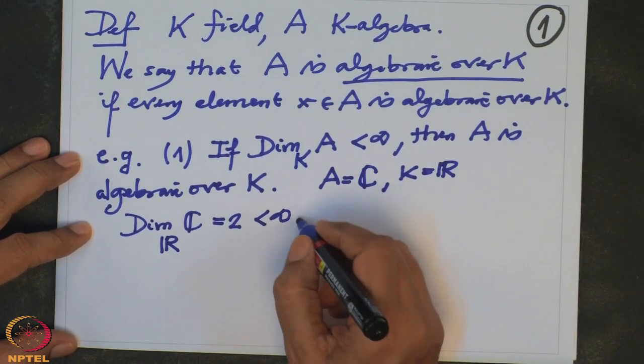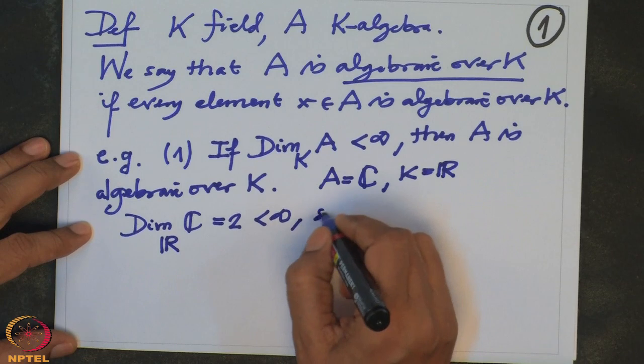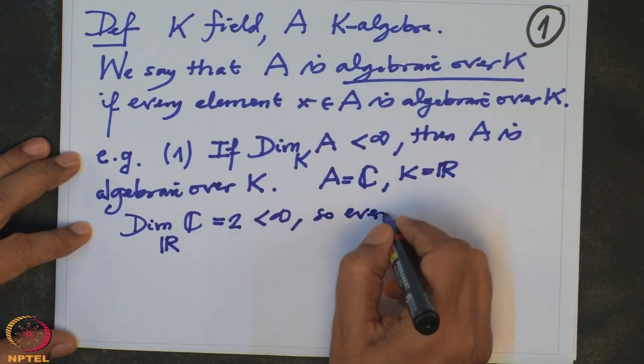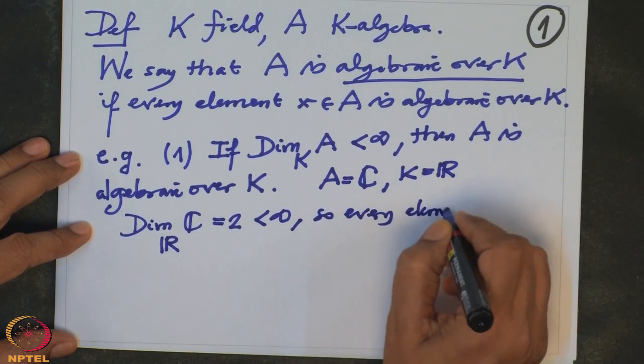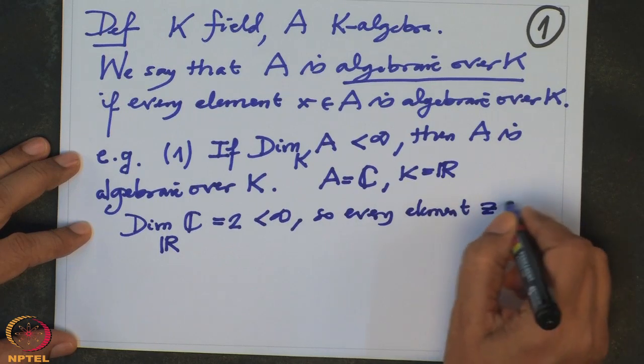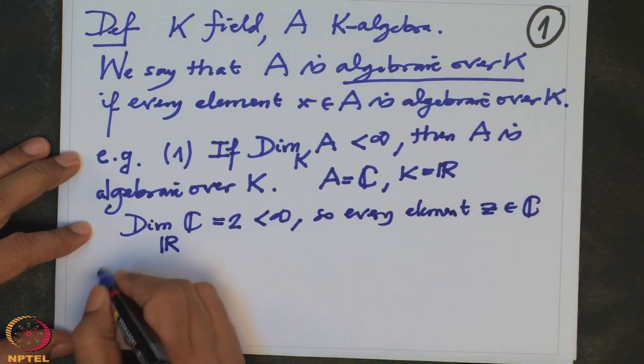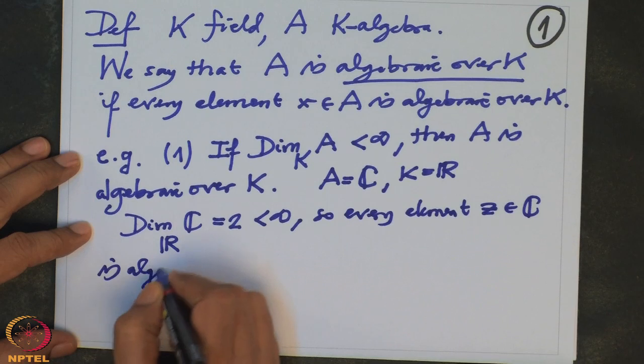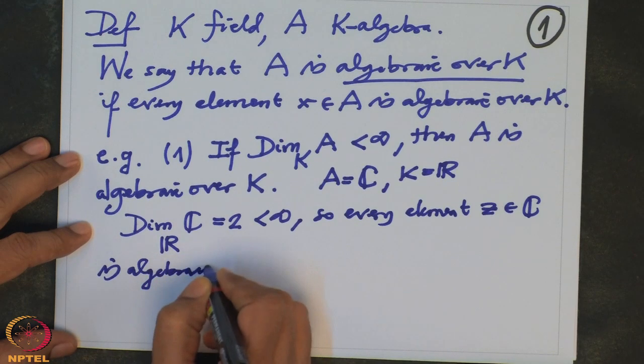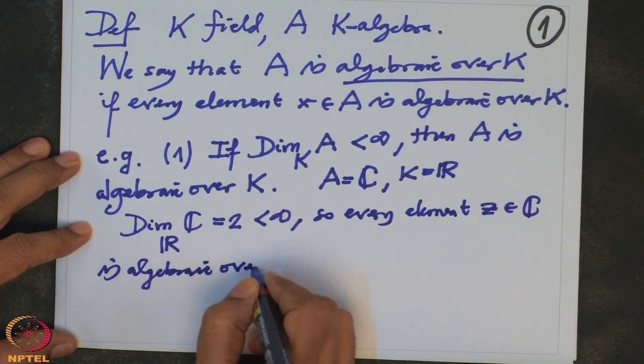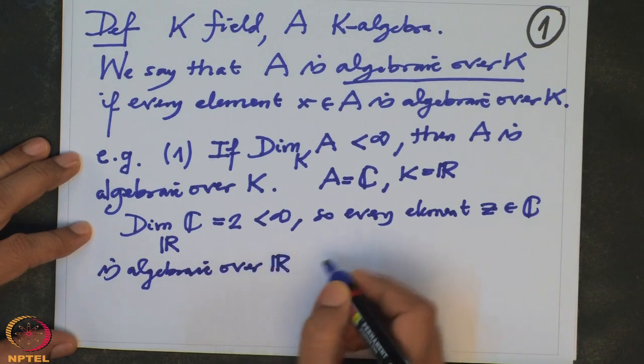Therefore, every element z in C is algebraic over R, and it satisfies